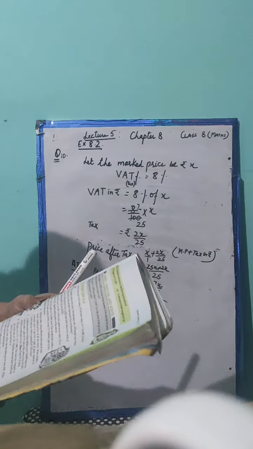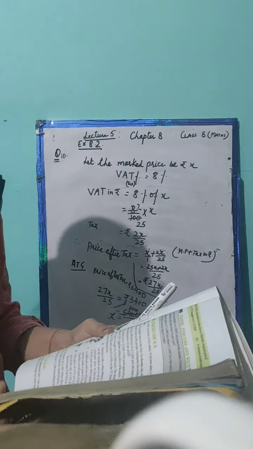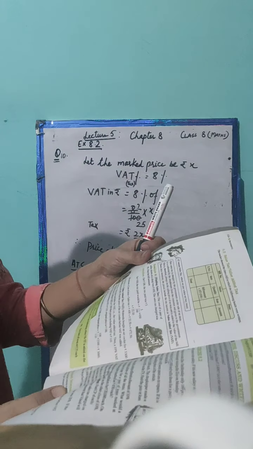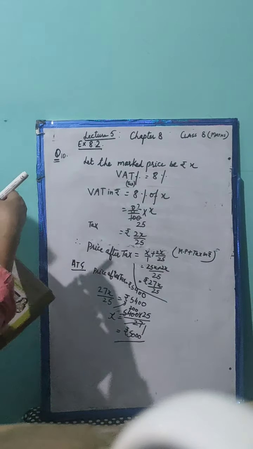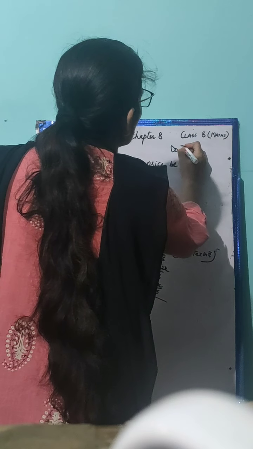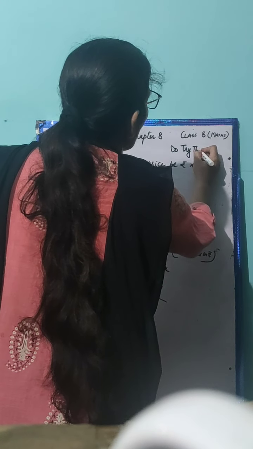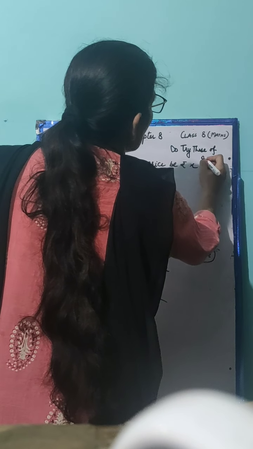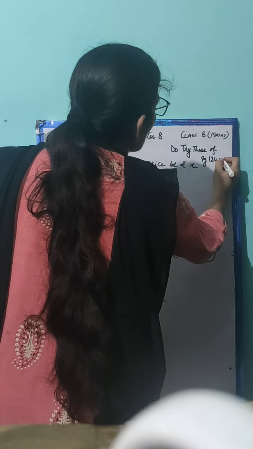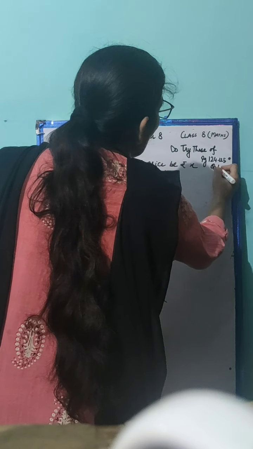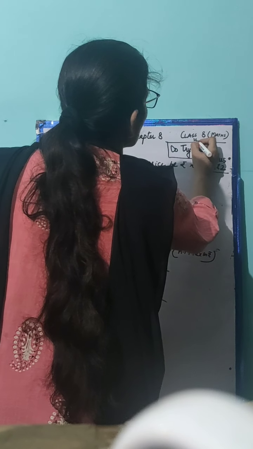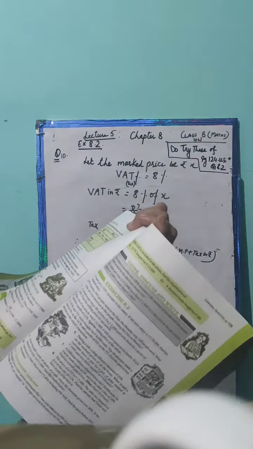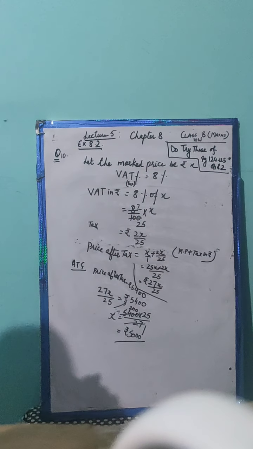So with this we have completed all the questions which are based on VAT or discount. Now you will be able to do the try these of page 124 and 125. Do yourself try these of page 124, 125. Question number 1 and 2. This is your homework. You will be able to do now. Everybody will give the response, or you can ask the doubt.